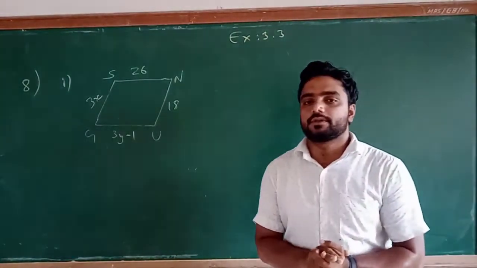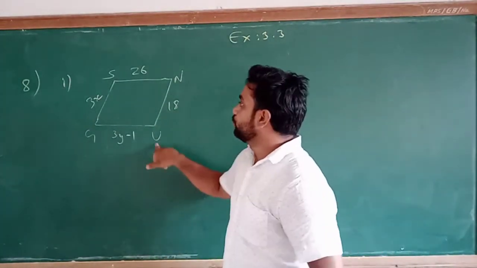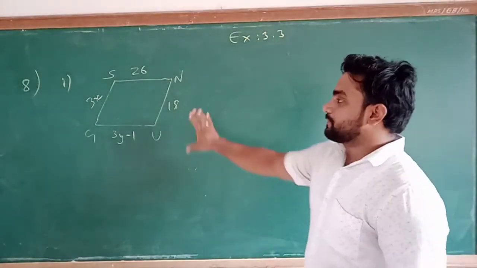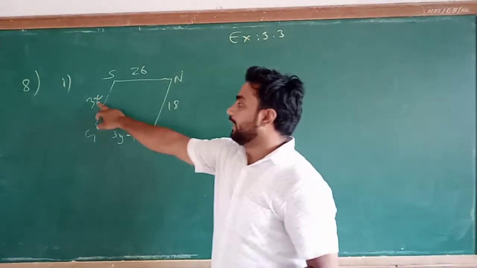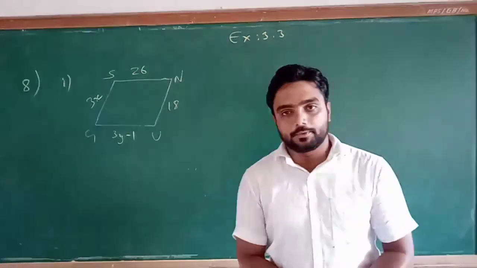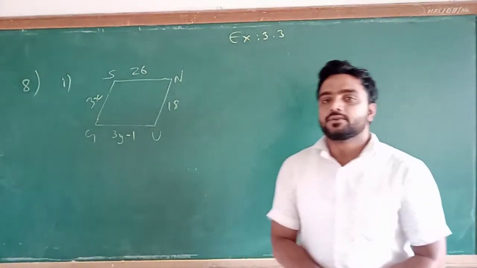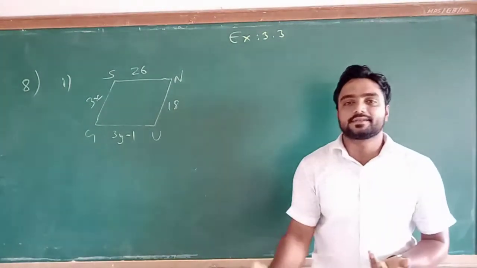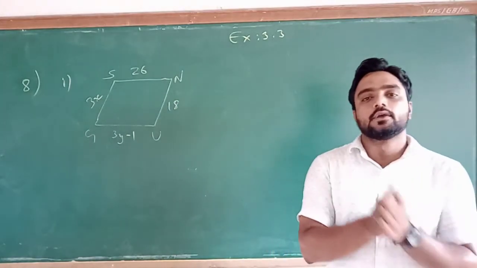Now in the 8th question, what it is given to you? The parallelogram given to you, that is GULS. एक ये parallelogram आपको दिया गया है. Now in this parallelogram you have to find the value of x and y by using the property of a parallelogram. आपको parallelogram की property use करके x और y की वैल्यू फाइंड करनी है. अंडरस्टैंड? और सो अभी तक हमने देखा, तो उसके अंदर हम कौन सी प्रॉपर्टीज यूज करते थे? प्रॉपर्टीज रिलेटेड टू द एंगल, मींस एंगल के रिलेटेड जो पैरेललोग्राम की प्रॉपर्टीज थी वो यूज करते थे.